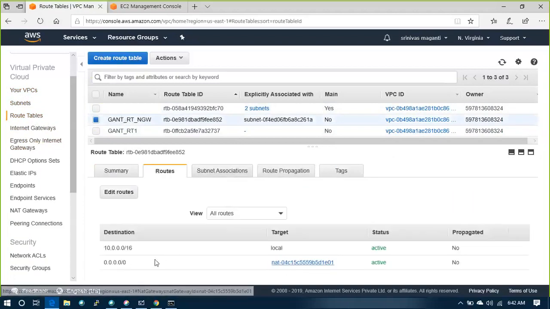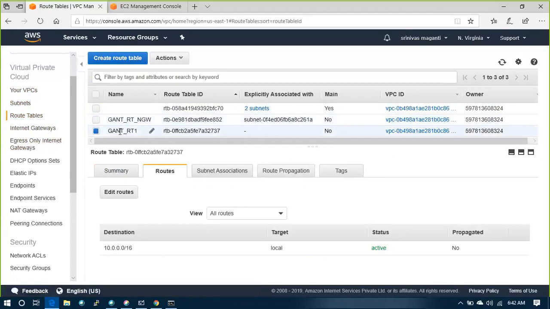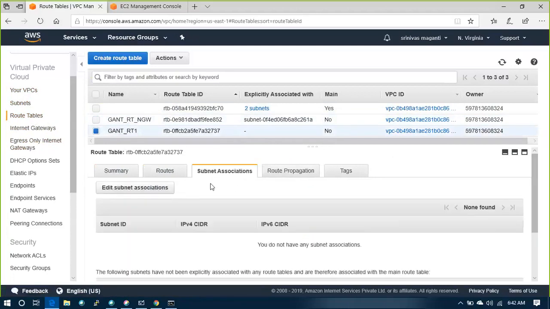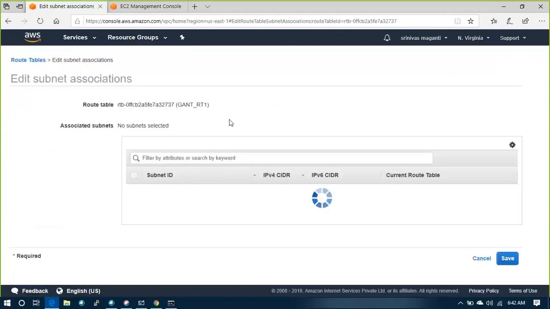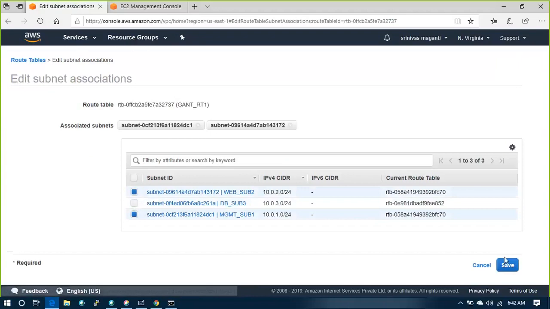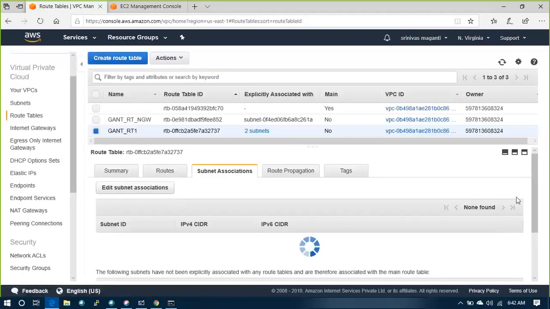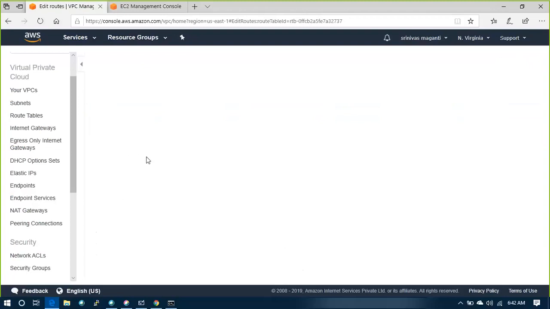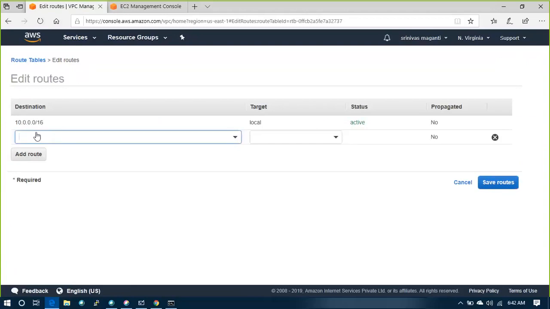Okay, this is for NAT gateway and this is for web, and save. And route table, here what I will do, add route.